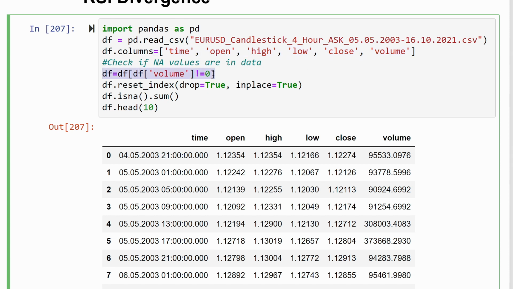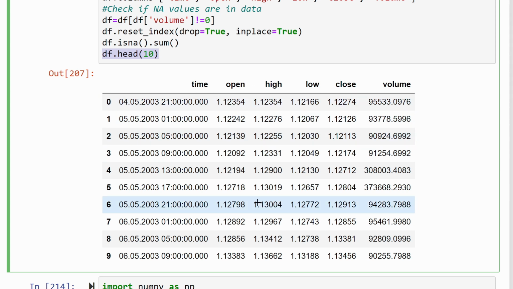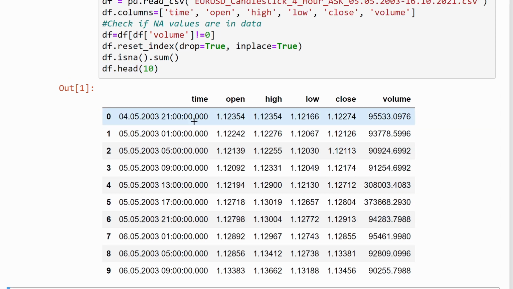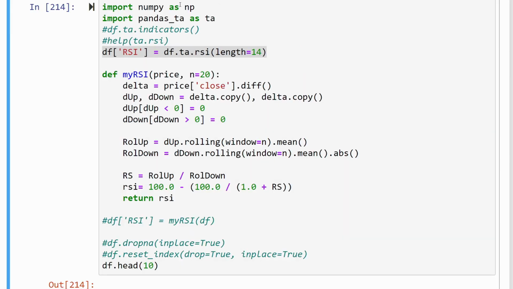It's simply reading the data, defining the columns, titles, and cleaning the data from volumes that are equal to 0, because these are the days where we didn't have any trades and we are not interested in missing data in our case. We are resetting the index and just printing the first 10 lines of our data frame to see what we are dealing with. So we have our candles information, the opening, high, low, close price, and the volume column. We have the time column, and we have the index of the data frame. Then I'm importing NumPy because it will be needed. And I'm importing also the